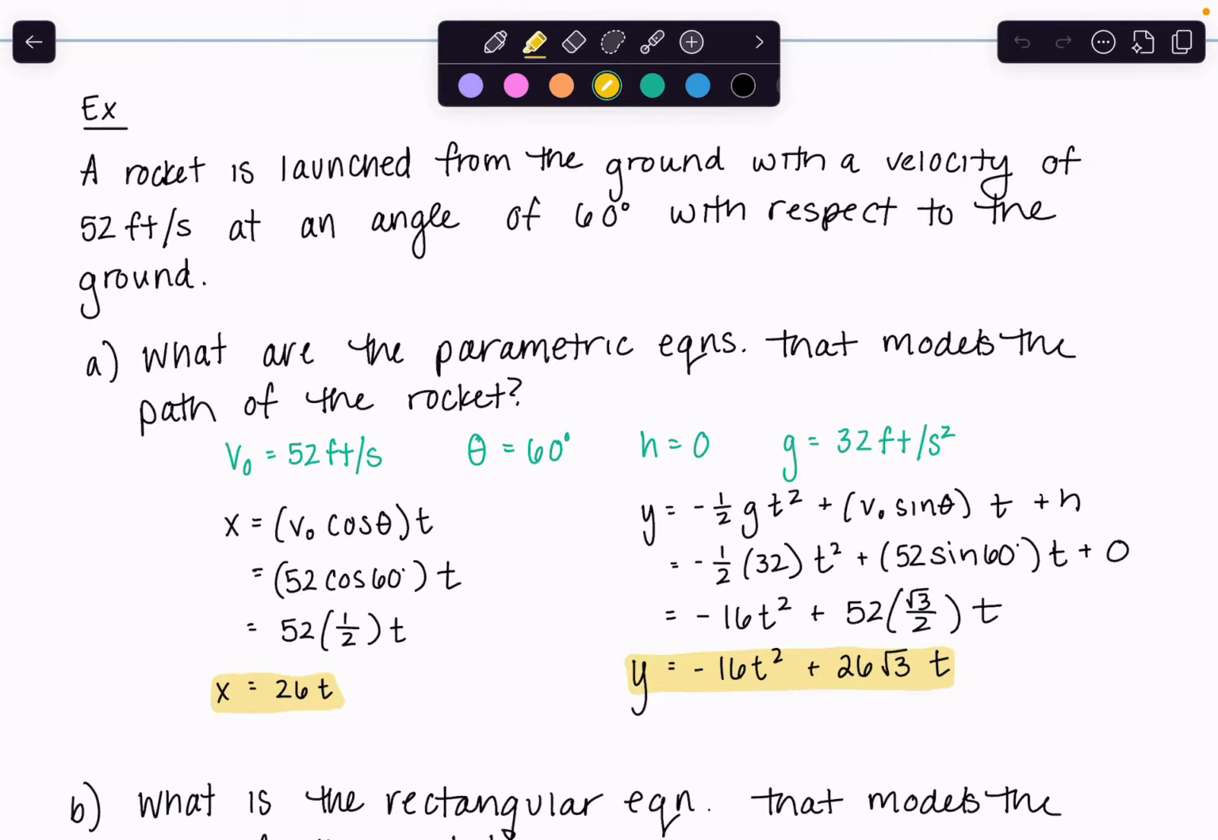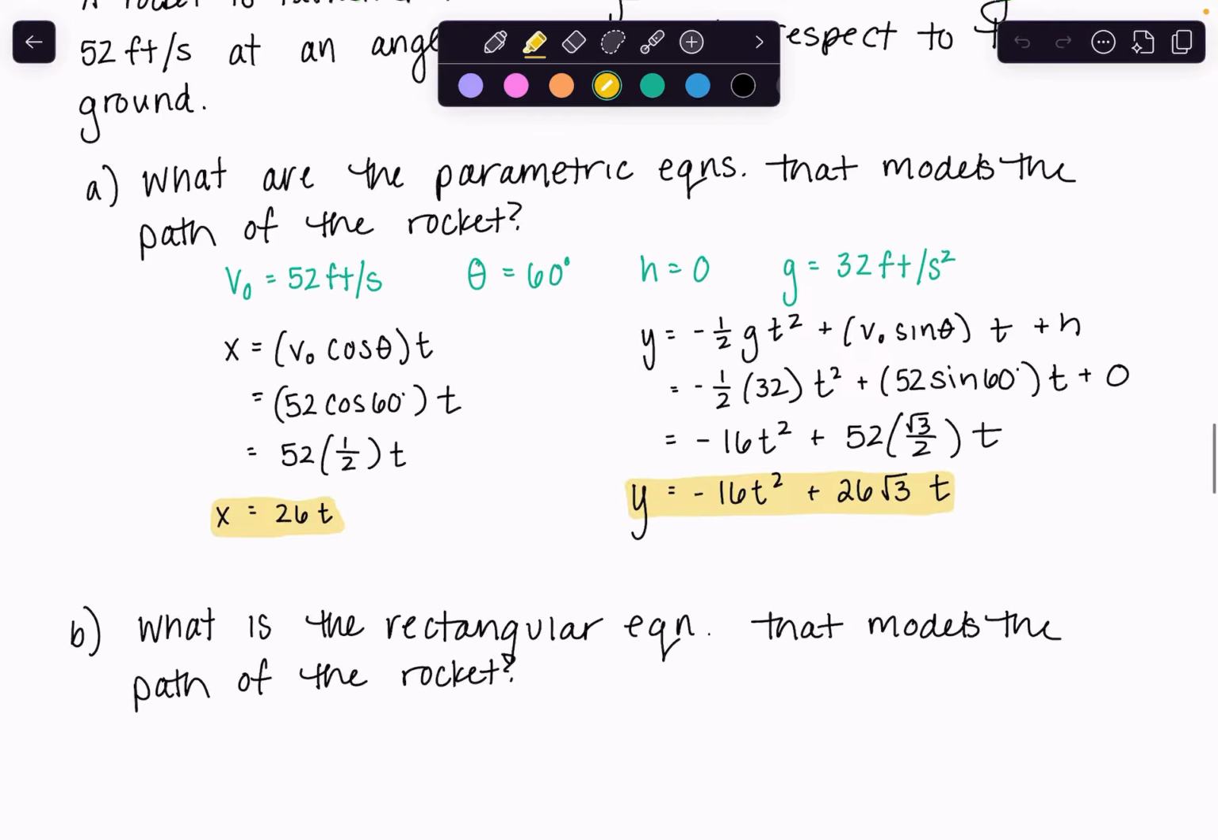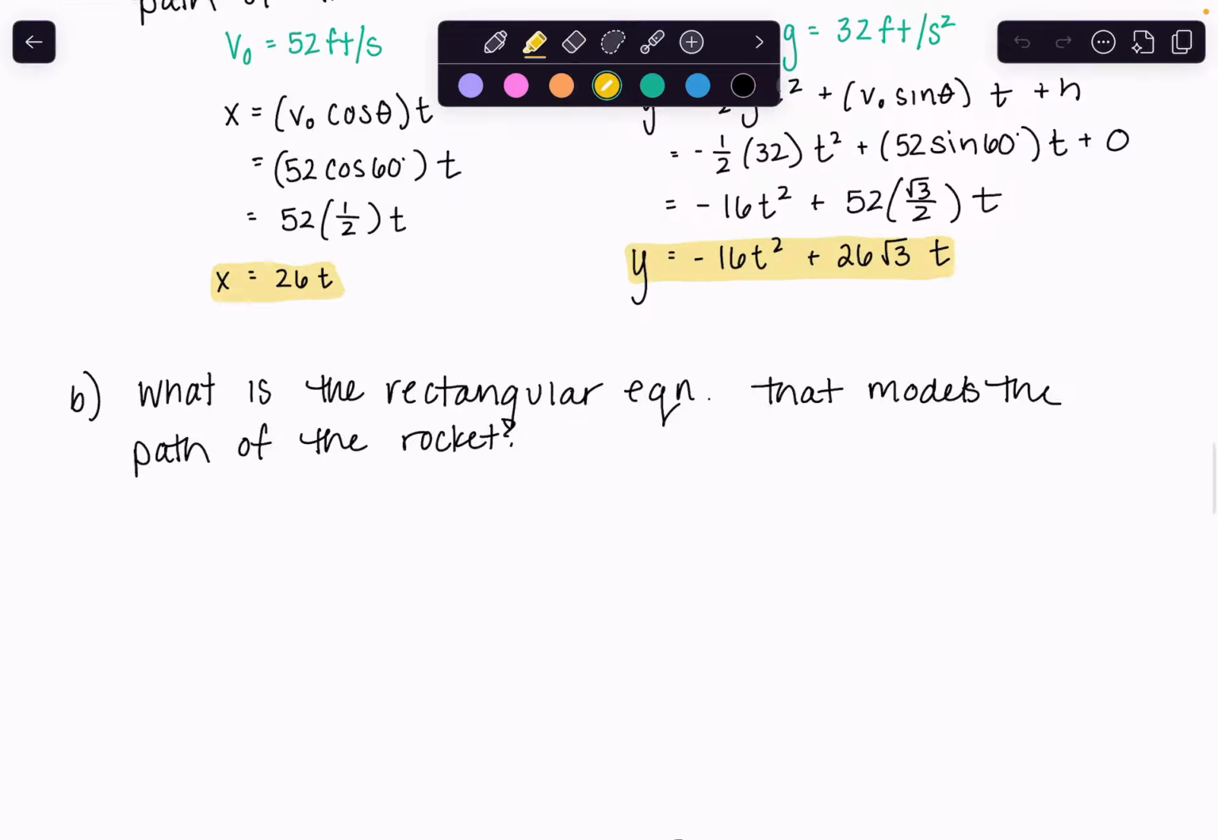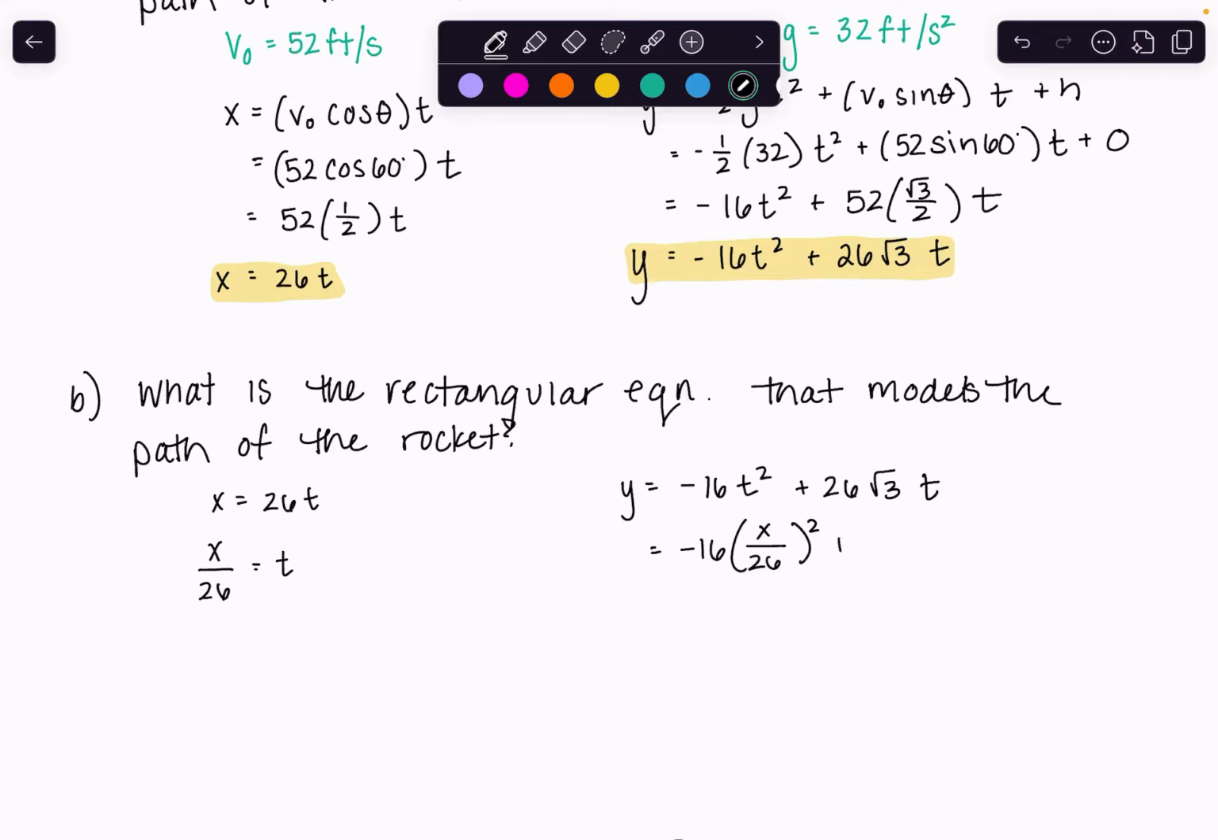So now that we have these two equations, let's try to eliminate the parameter and find the rectangular equation that models the path of the rocket. The easiest thing is, since x is equal to 26t, we can go ahead and divide by 26 to get an equation for our parameter t. And then in here, I'm going to replace the t by x over 26. So this gives us negative 16 times x over 26 squared plus 26 root 3 times x